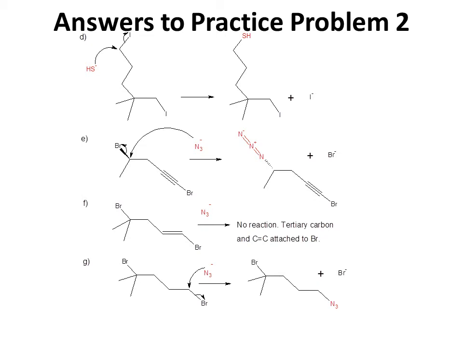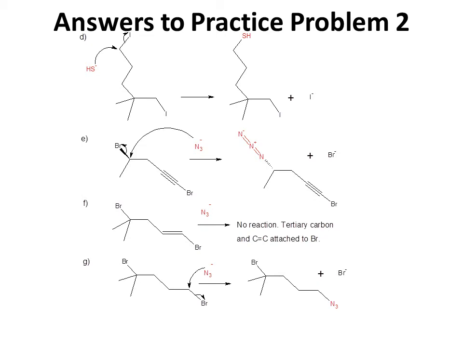In problem E, there is an inversion of configuration as the azide anion displaces the bromide. Now in that case, you're showing the entire structure of azide, and you can see there are two double bonds between each pair of nitrogens, a plus charge in the middle portion of the molecule and a negative charge on the end. So the net charge of the azide group is neutral. The other carbon-bromine bond does not react in that molecule because it is sp hybridized, making the bond too strong